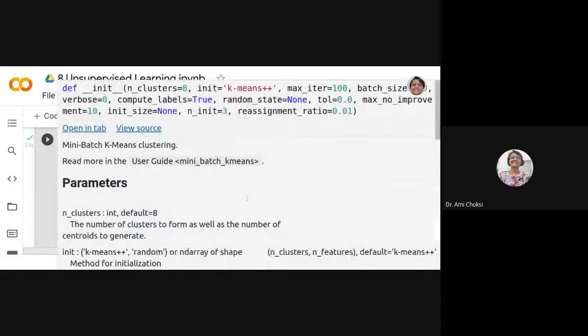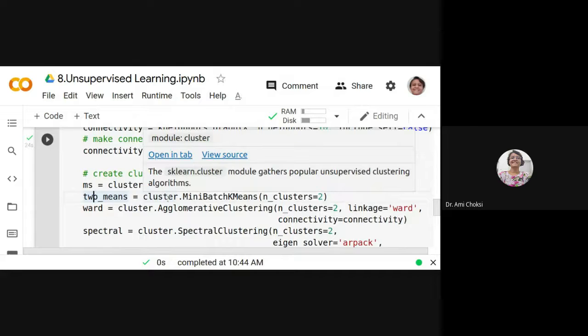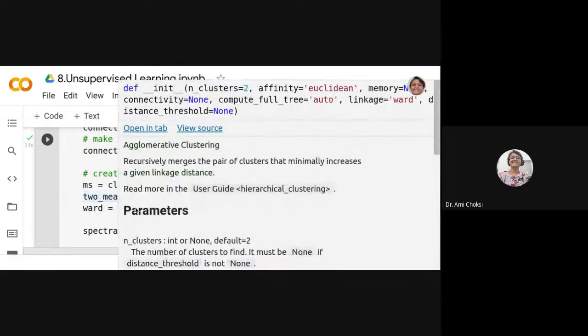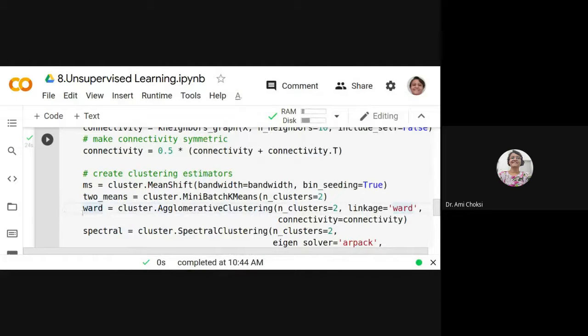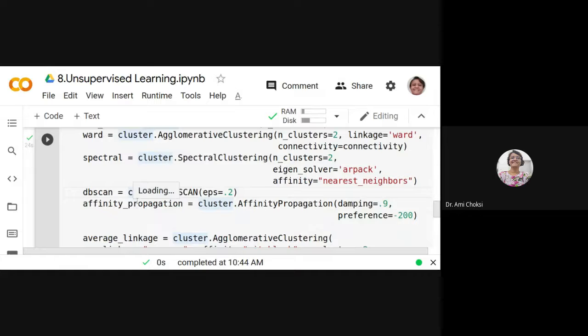MiniBatchKMeans, for that also we are making the object. For Ward algorithm, we are initializing the object. For spectral clustering, we are doing the same. For DBSCAN, we are initializing the cluster object.